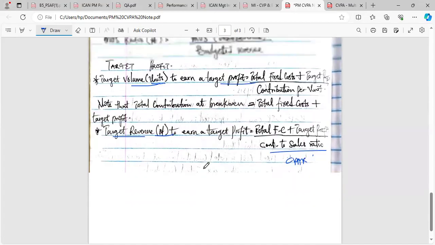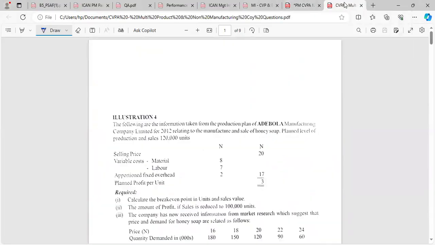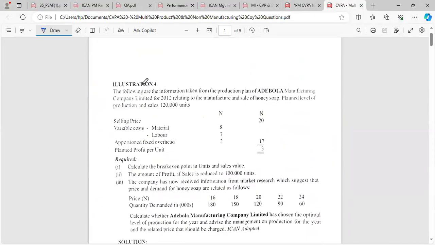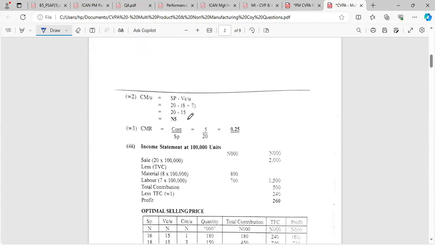So this is the overview of CVPA. Now today I want to go a little bit deeper. What I want to do is solve this illustration 4. This illustration 4 is a normal CVPA question, which we have been solving before, but I just want to repeat a question on it to give us more understanding. After solving illustration 4, I will move to